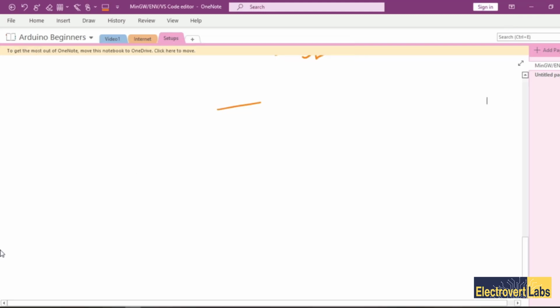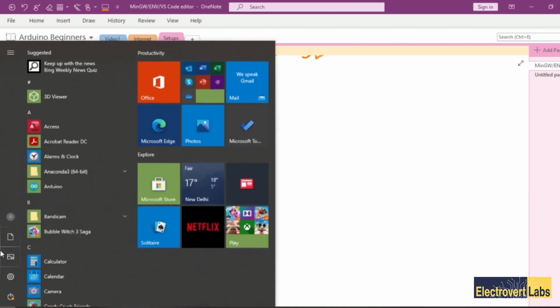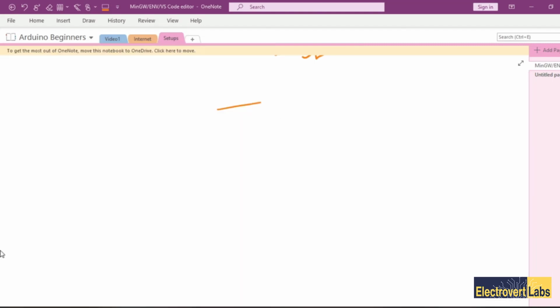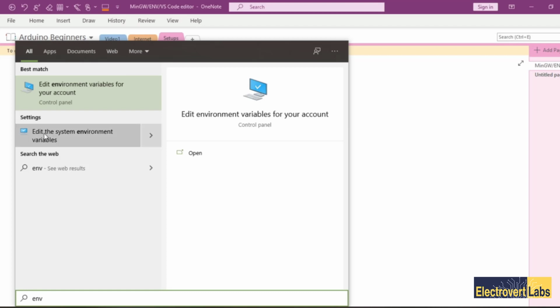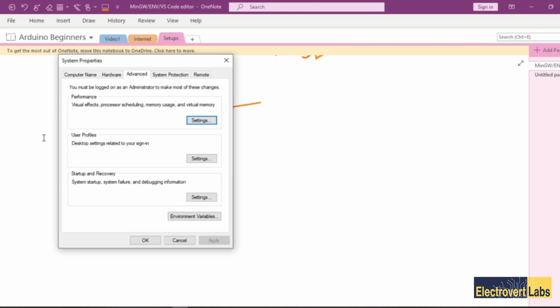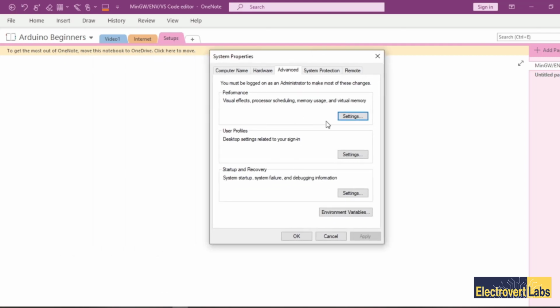I'll have to go for environment variables. I'll open my search bar and type env, that is environment variable, and go into the one with the settings part. Just click here, and a dialog box like this will open. Here you'll have to click on environment variables in the down right corner.